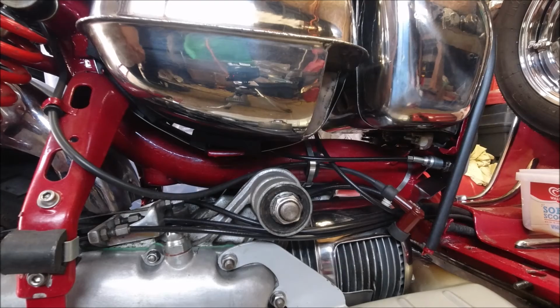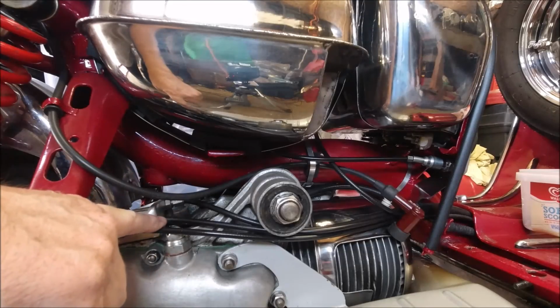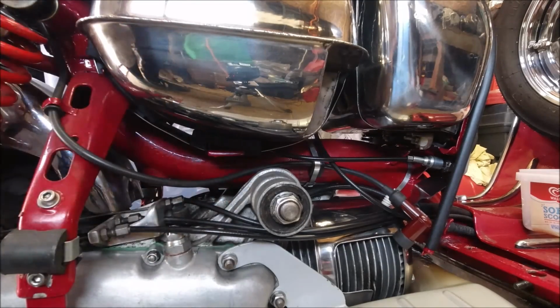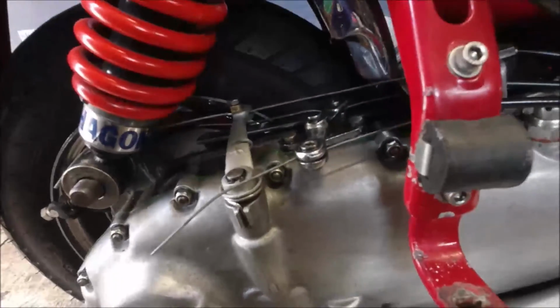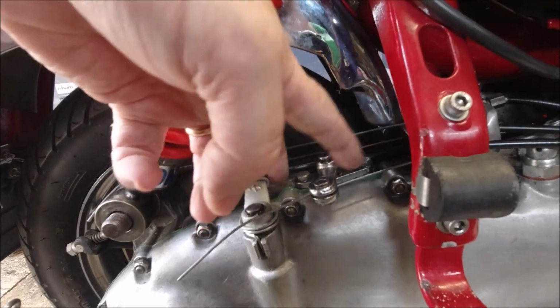Like I say, I'm going to get my tools together, and we'll start off taking the cabling apart. I'm going to mark up which is this and which is the inside. The clutch doesn't really need to come out, because I'm going to take the block off and leave the cable. I might even leave this outer cable connected, and just take off this cable and take away both blocks, because I have